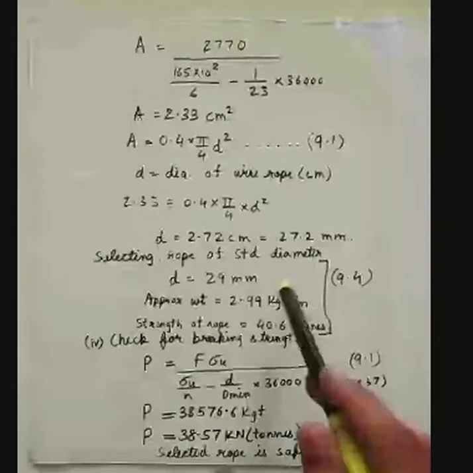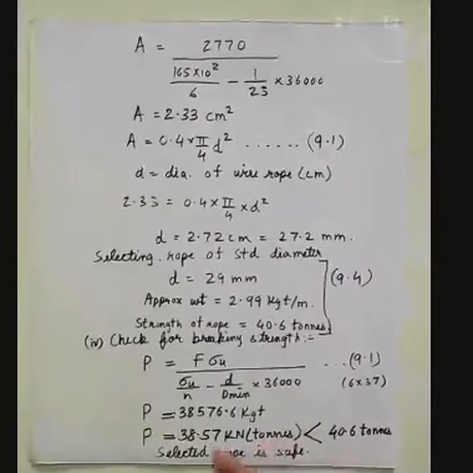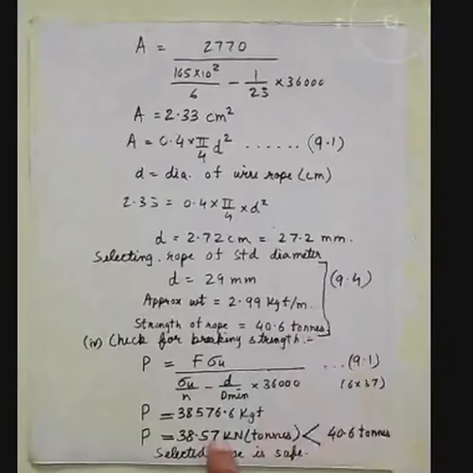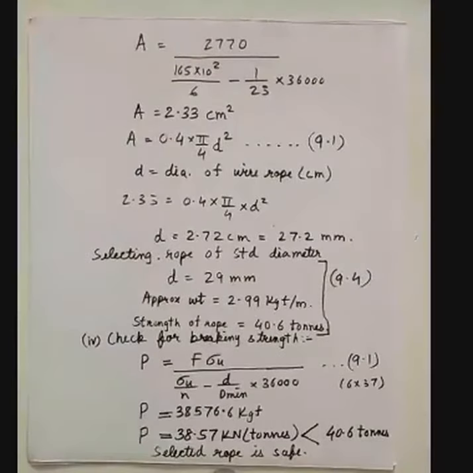What we will do is we will change the selection. See, if something fails at a smaller value, change and keep it bigger, it won't fail. Then no need of checking again and again. Go to that table of 9.4 and select the value which will be higher than the calculated value. That's it. Everything else will be proper because that is based on the previous calculation. Just select the new one. Don't check again. Like we used to do in bearing. Just select the next bearing and that's it.